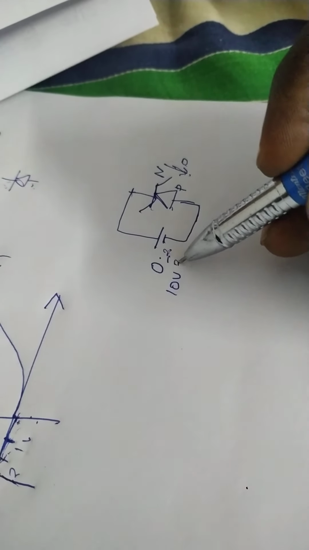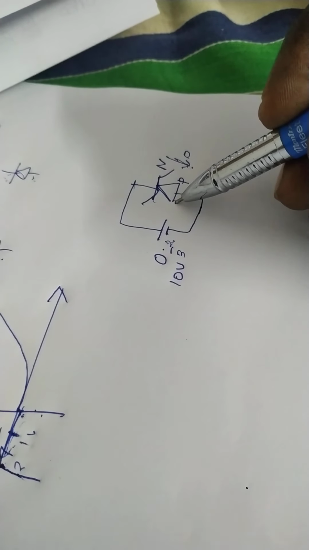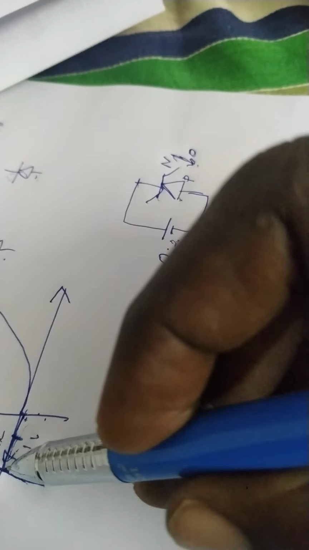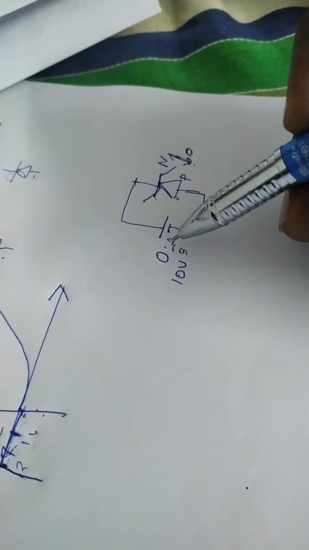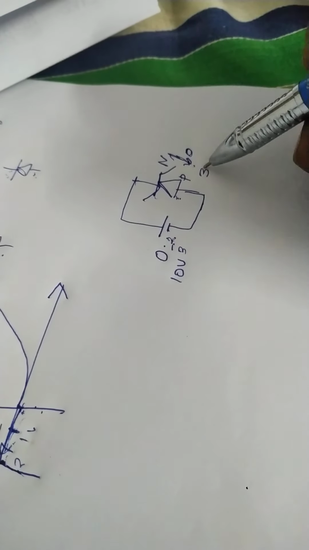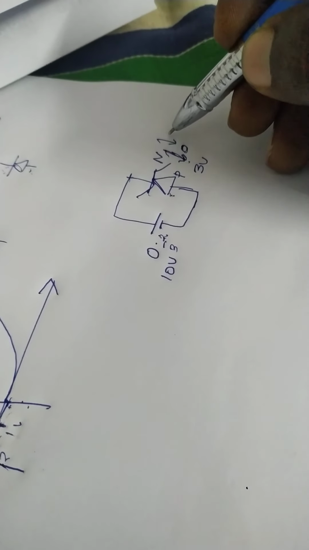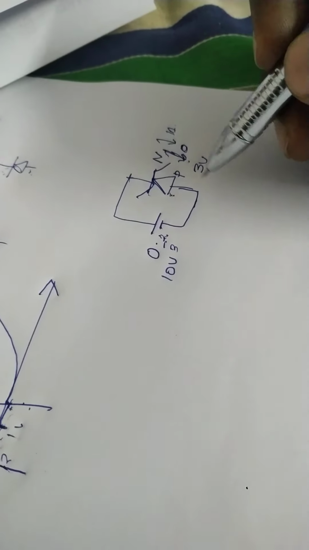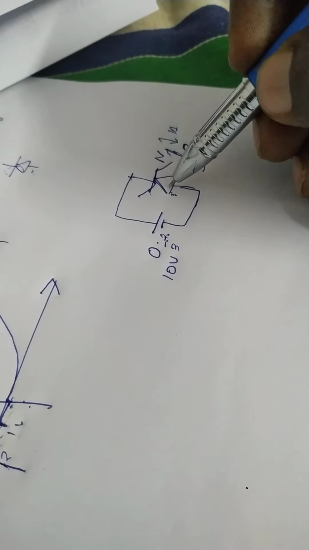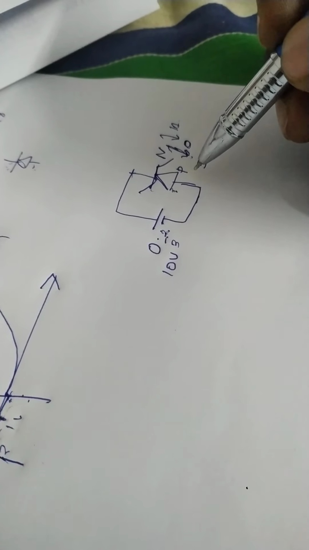Assume then it is 3 volt. What happens at 3 volt? The voltage across the Zener diode is 3 volt, and the current is still 0. Then we increase to 4 volt. The voltage across the Zener diode becomes 3 volt, but the remaining voltage flows as current, that is 1 ampere or 2 ampere. That is, when we apply 4 volt across the Zener diode, the voltage across it is only 3 volt, and the remaining potential flows as the current.